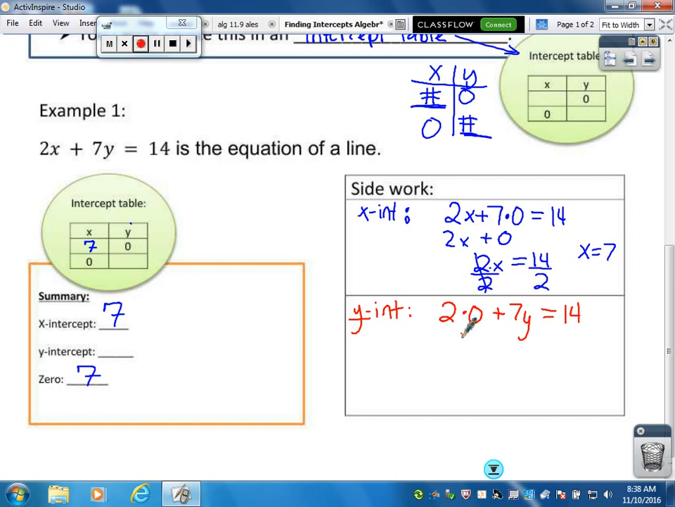So 2 times 0 is 0. 0 plus 7y is just 7y. And then that's going to equal the 14. Notice I'm just bringing that down. So I'm going to divide by my 7, and y is equal to 2. So I'm going to fill out my table up here, which tells me that the y-intercept is 2. On the back page,